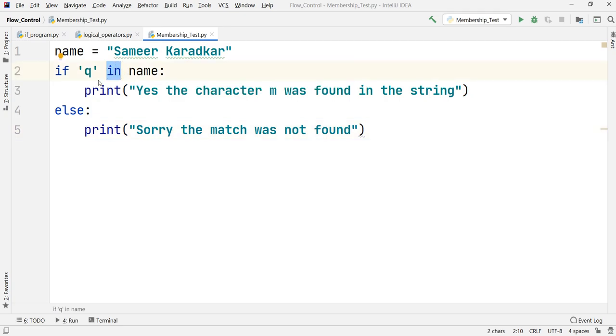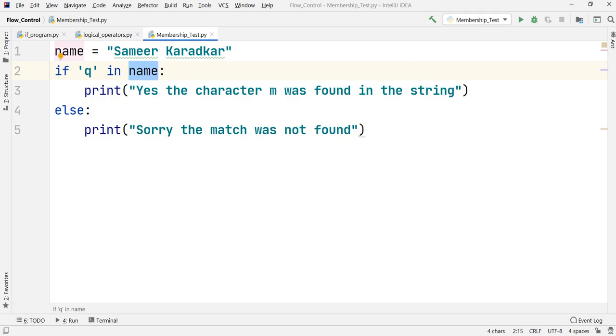It checks whether this Q letter has membership inside this particular variable or the string contained in that variable. So I think you have now understood why it is called membership test. It checks whether this left hand side part has membership in this right hand side part.